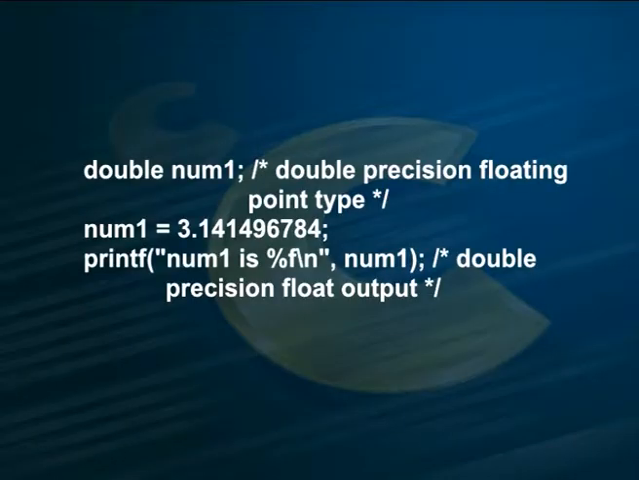%f can be used for float, that is a floating point number, as well as double or double precision floating point number types of data. See one example. double num1 = 3.1414967884; printf("num is %f\n", num1);